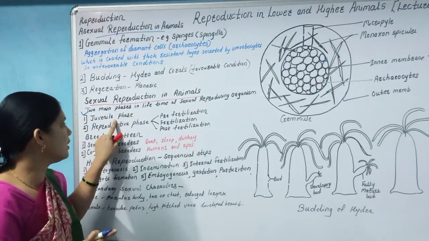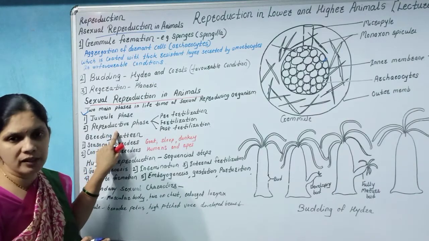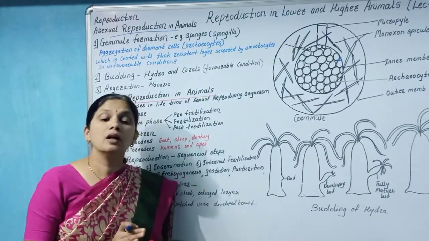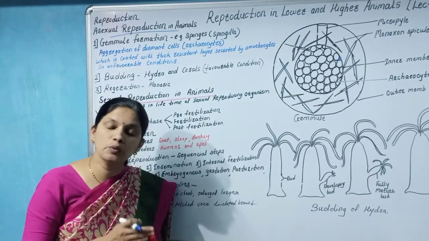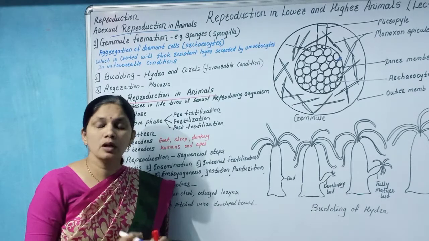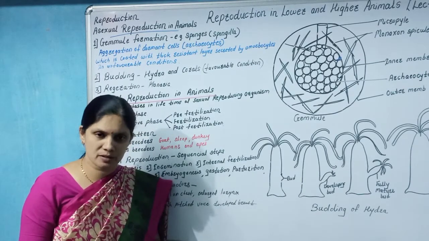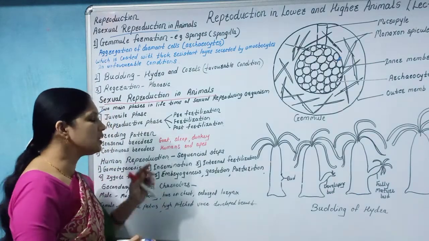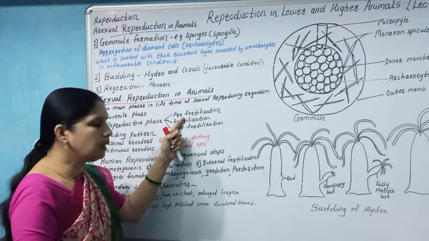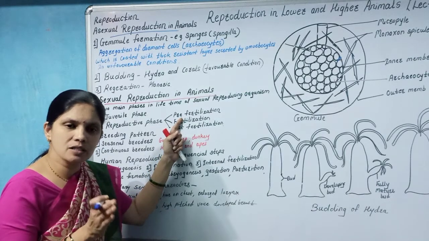Up to that point, there is the juvenile phase. And the reproductive phase: after the completion of the physical growth, the reproductive growth can start. And in this reproductive growth, a number of changes can be observed in the animals. This phase includes different events, which are the pre-fertilization, meaning before fertilization there is a